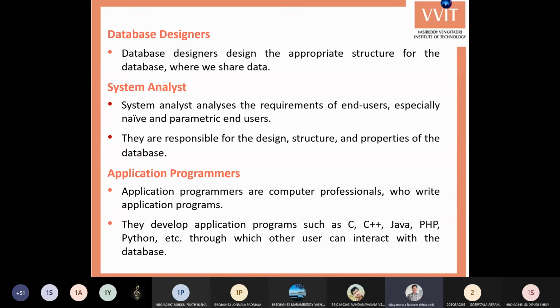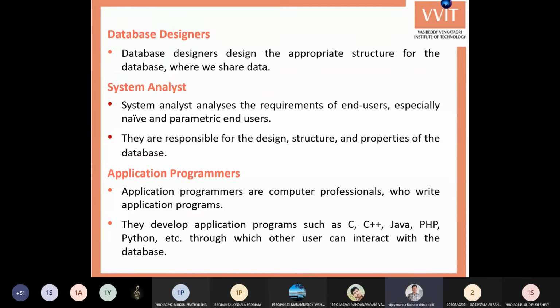So how do they interact with our database? We need to create some interfaces which are easier to understand. Those are graphical user interfaces.